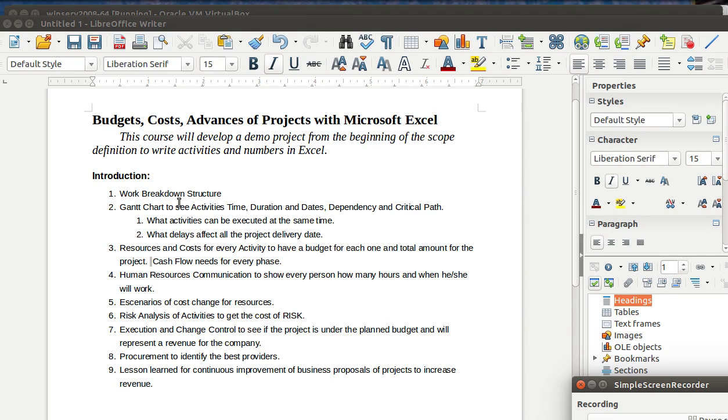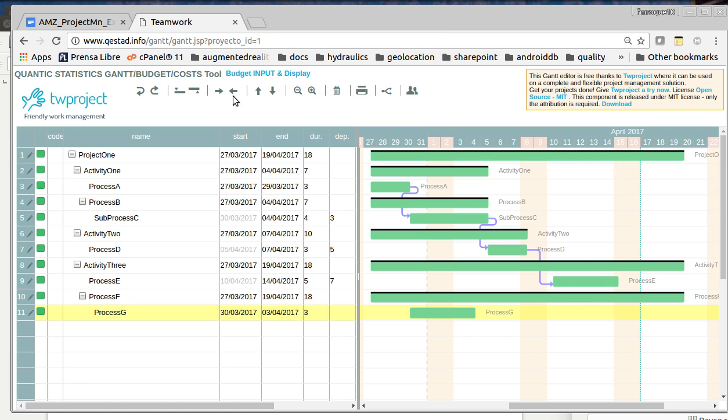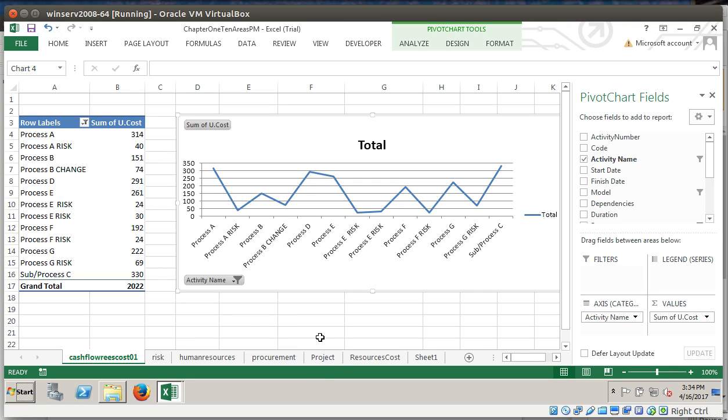First, the work breakdown structure definition will give us the idea of what the critical path is, what the dependencies of activities are, and what activities can be done independently of the others because they don't have dependencies, and then how we have to define every resource for each activity